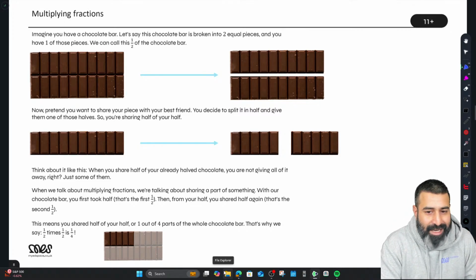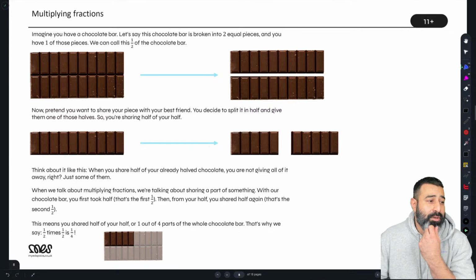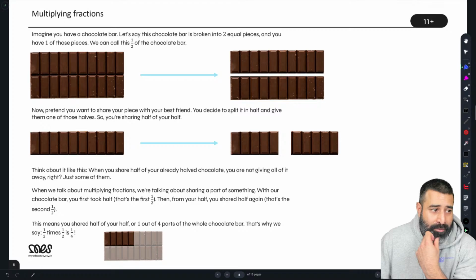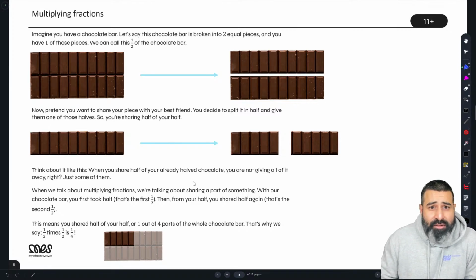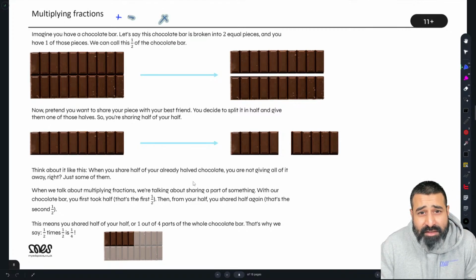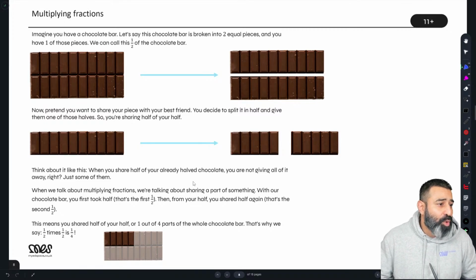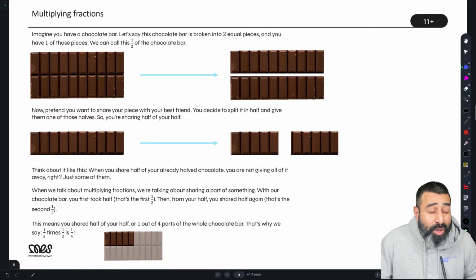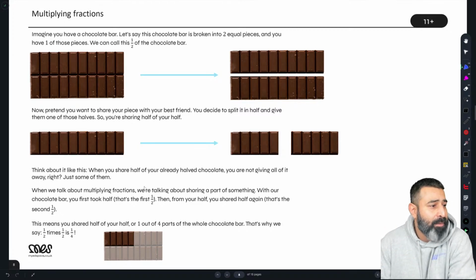Multiplying fractions. Okay. We're probably just going to get to multiplying fractions. We might even have time for a Kahoot today. Okay. Now, imagine we have a chocolate bar. So we're moving on from adding and subtracting to multiplying. If we can get multiplying and dividing fractions done, then we've done a good job. No worries, sorry, that's all good. Maybe you could refresh the stream and go back. So you can always rewind and go at your own pace, okay?